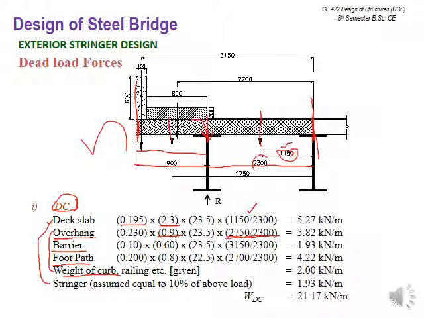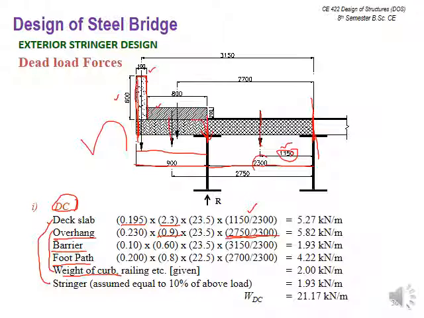And then comes the barrier. You have to assume the barrier. In the previous example, the volume, or I mean the area, approximately was given to you, but here you can select the rectangular barrier. It's not inclined at the end, because here the properly designed curb and footpath is there. So you can design your concrete barrier like a rectangular one, with a height of 600 millimeter appropriate, and 100 millimeter width.